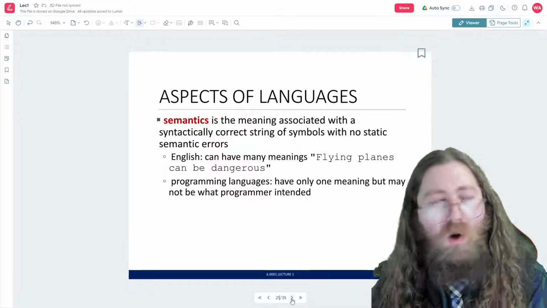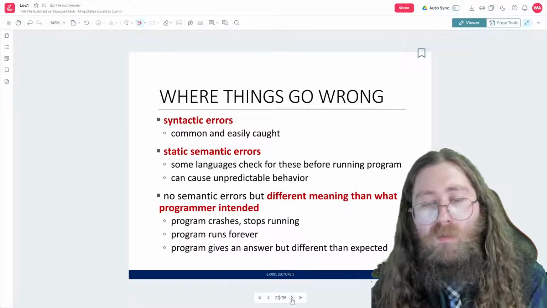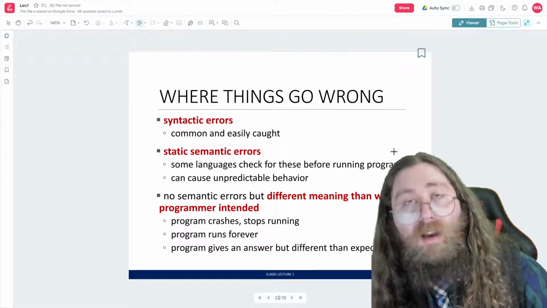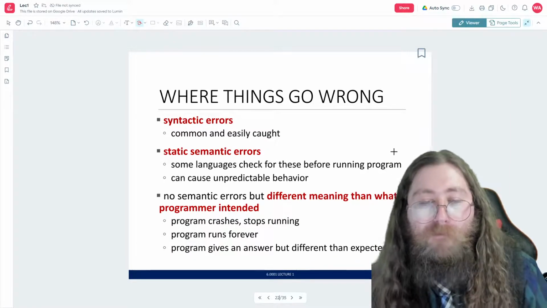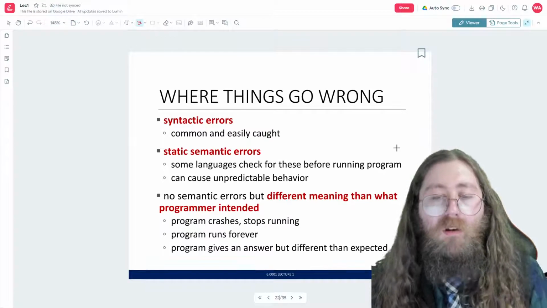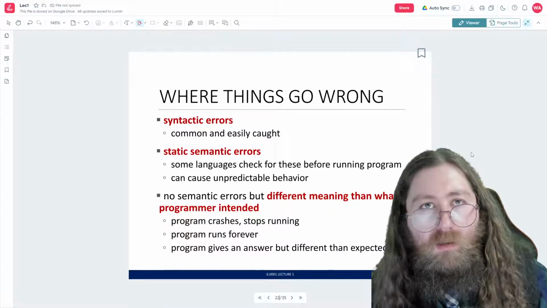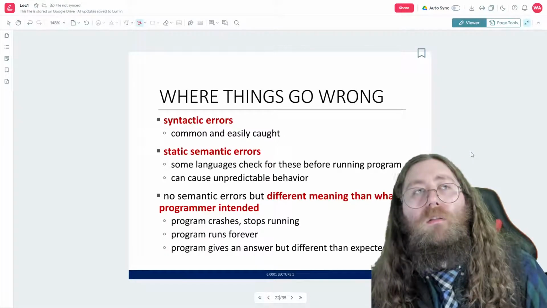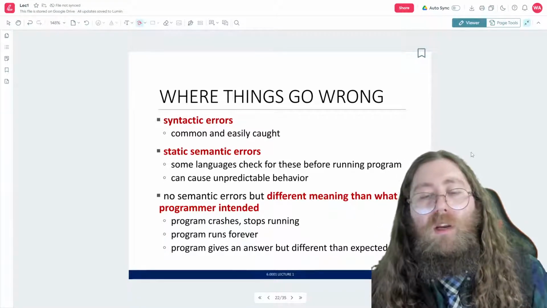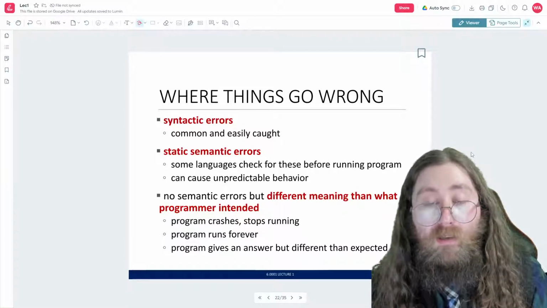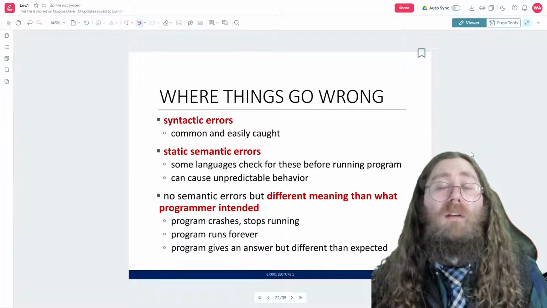That's why semantics are hard. It's not really an error, but it's not helping you get your work done. Okay? So syntactic errors, the problems with the punctuation in English, or using the wrong preposition, right? Those are examples of syntactic errors, and those kinds of things are easily caught, right?